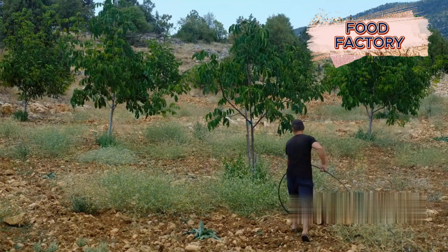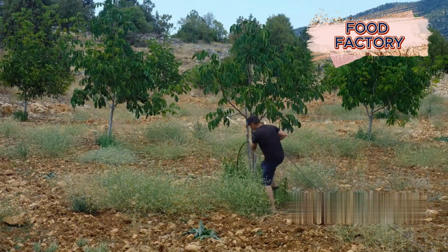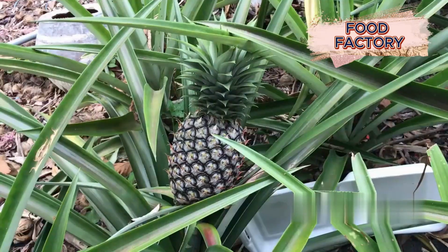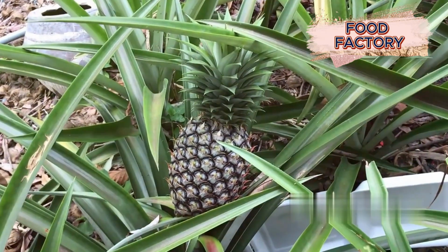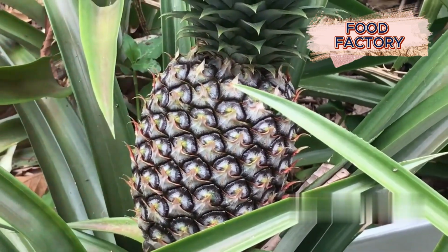This is particularly important in dry regions or during periods of low rainfall so that the soil remains moistened and plants still have a consistent supply of water. Now, farmers plant the crowns, the leafy tops of pineapples, basically the seeds in other words, right through the wrapping